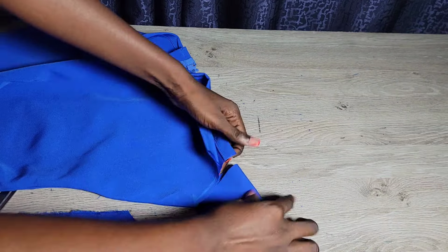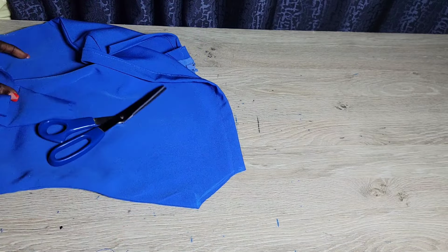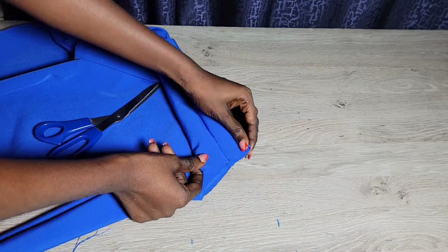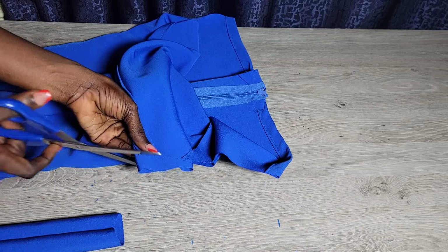So I just cut it. You can use any measurement you want, how wide you want it to be, but for the length, make sure you are completing your round shoulder measurement. It should not be bigger than your round shoulder measurement when you are done. So I'm using 1/2 inch. I'm just trimming the sleeve now, to fit the armhole, and then